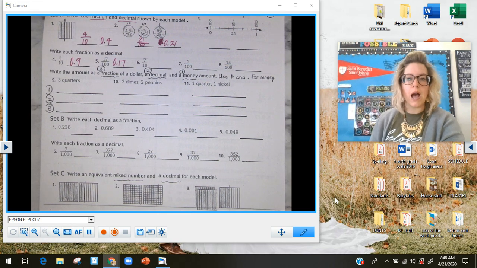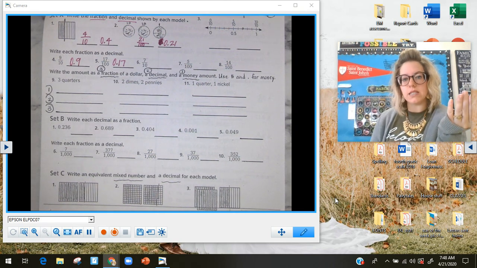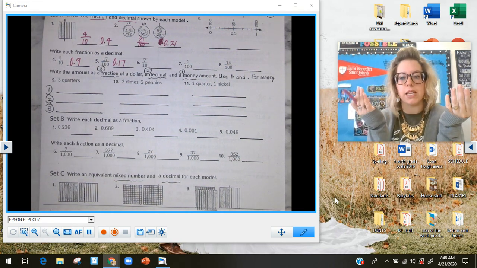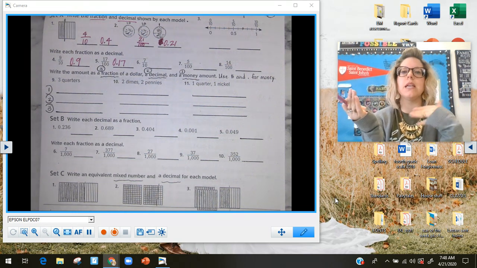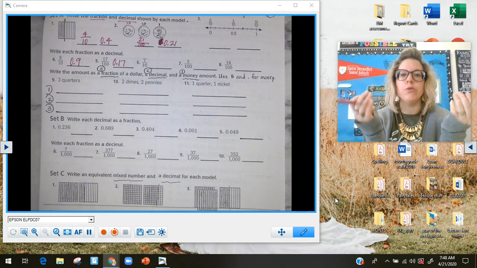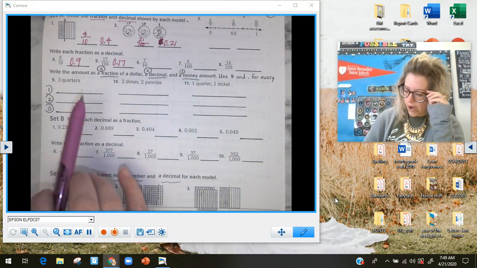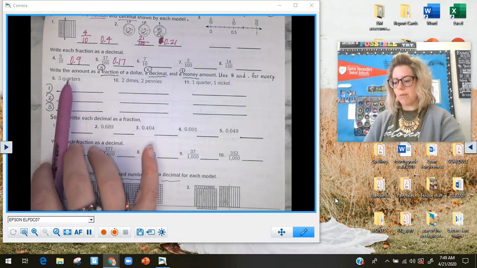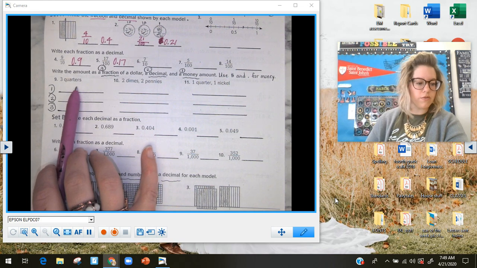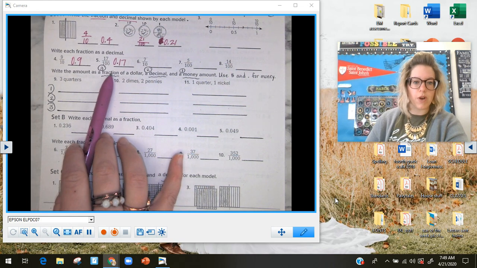Okay. Here you need to write the amount as a fraction, a decimal, and then as money. And remember, how you write it as a decimal is the same way that you write it with money. How you write it as money is the same how you write it with the decimal. You just take away the money sign when you write it as a decimal. So we have to do a fraction first. So remember, whenever you're doing the fraction, all of this will be out of 100, okay? Because we want fraction first,